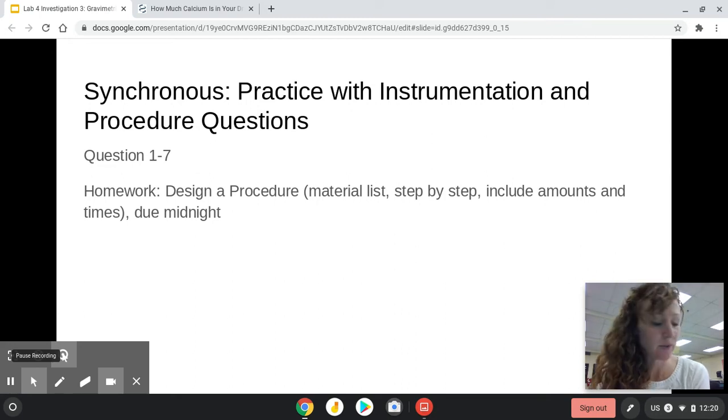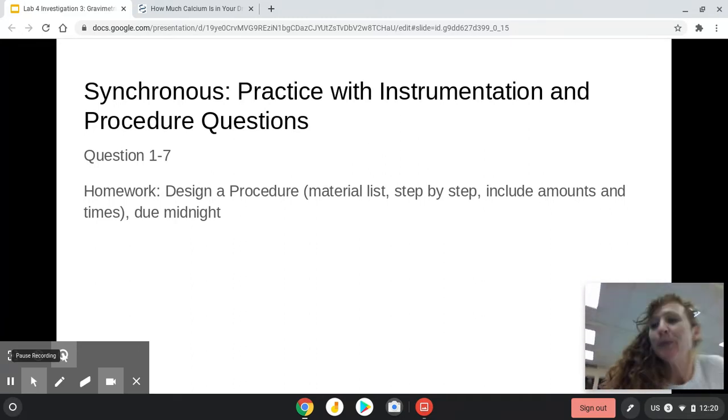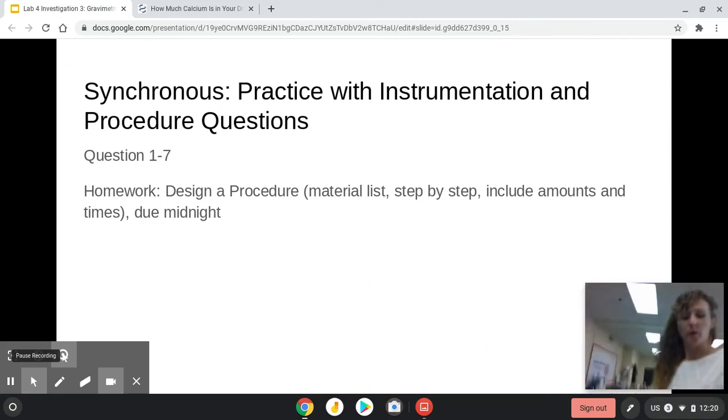Okay, so now that we know all about gravimetric analysis, we're going to talk about how we can use gravimetric analysis as a tool to analyze water samples. So in this next portion of the lab, you get to design the procedure, and it's really important for you to think through a couple things in the procedure. So first of all, what are we going to do? Let me show you. We're going to